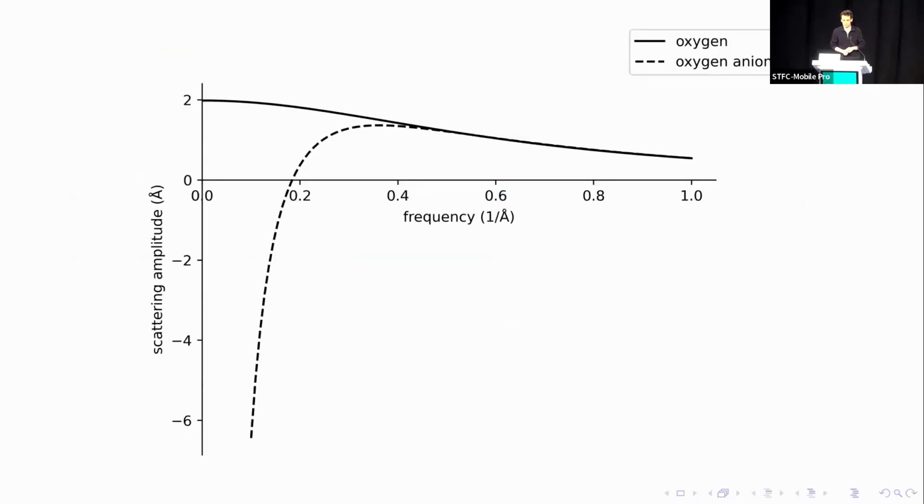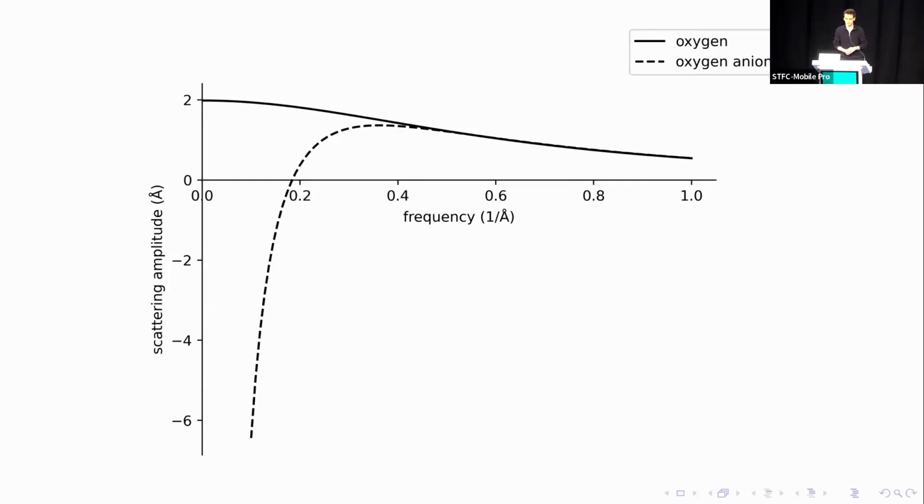So a more concrete example that I've given here, I've plotted the scattering factors for two chemical species, a free oxygen atom and an oxygen anion. And on the x-axis is frequency. So you can see that at high frequency, above about 2 angstroms, the two species scatter almost in the same way. On the other hand, at low frequencies below 2 angstroms, and this corresponds to the resolution range that we see in an EM experiment,